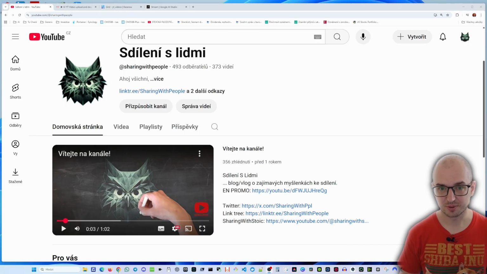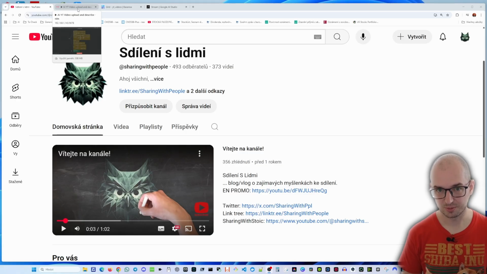Today we will continue with what we've started last time, and that's our automation inside N8N, which is meant to describe a YouTube video automatically. So it creates the name of the video, it creates a timeline, it creates subtitles, and it creates all these things in several languages. In my case it's only English and Czech, but of course you can create much more,